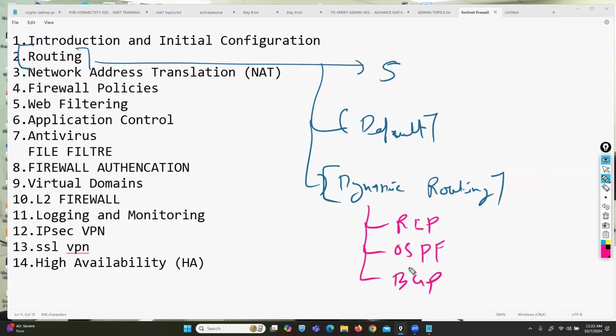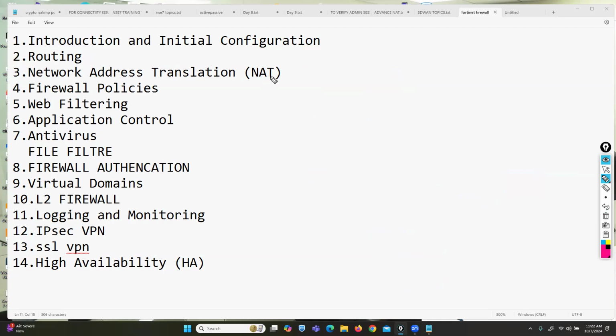Routing is required for different network communication. Routing is required to reach any destination. Now, the next concept is called NAT, and this is a very important topic for any next generation firewall device, for any L3 box. NAT we are using for translation, right? And if you remember from CCNA training,